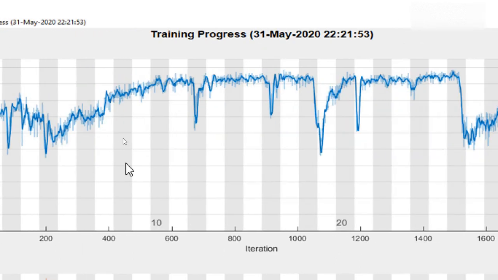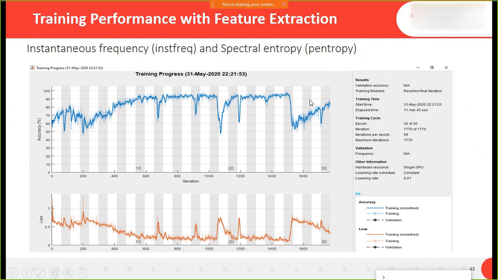And in this graph you see the accuracy has increased to more than 80%. After pre-processing the data, extracting the instantaneous frequency and the entropy, the accuracy increased and the losses also decreased. You can see it is below 0.5 in this case.